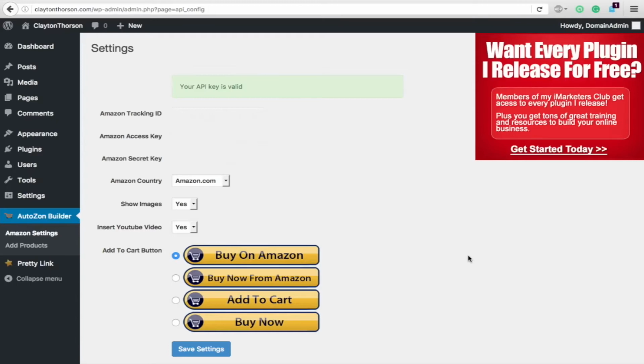Now, to get started, just install the AutoZon Builder plugin. Once you have that done, you're going to go right here to the settings, enter in your Amazon tracking ID, your key, and your secret key. Once that's good, you can hit Save Settings and it'll run a test and tell you your API key is